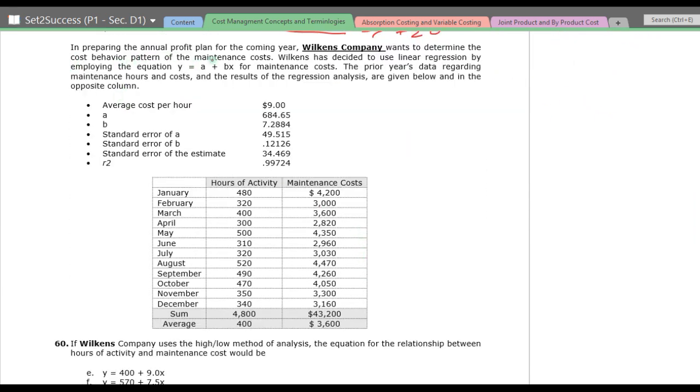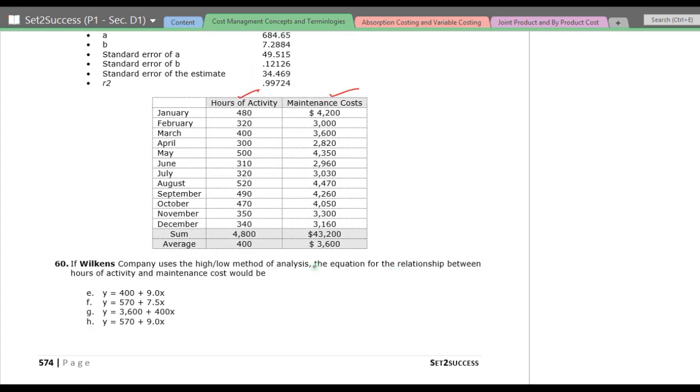in preparing the annual profit plan for the Wilkins company, management wants to determine the cost behavior pattern of the maintenance expense. Wilkins has decided to use a linear regression by employing the equation y is equal to a plus bx for maintenance cost. The prior year's data regarding the maintenance hours and costs as a result of regression analysis are given below in the opposite column. So this is the average cost per hour. You have A, B, standard error, and hours of activity and maintenance cost is given. The sum and average is given. So what are they asking for? If Wilkins company uses the high-low method, the equation for the